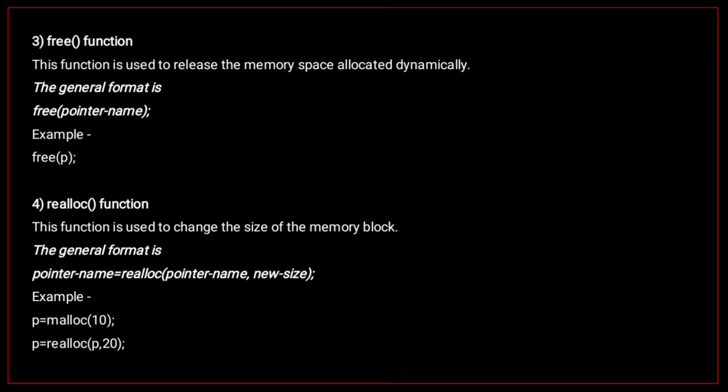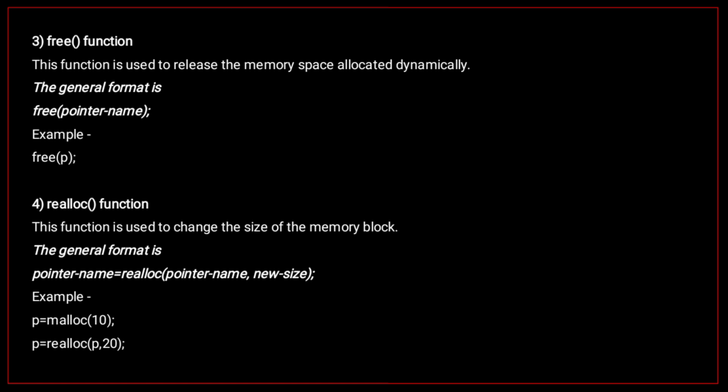And the next function is the realloc function. This function is used to change the size of a memory block. It alters the size of the memory block without losing the old data. This is known as the reallocation of memory. And the general format is: pointer name = realloc(pointer name, new size); Now this is an example of how to use this function. First, p = realloc(p, 20);